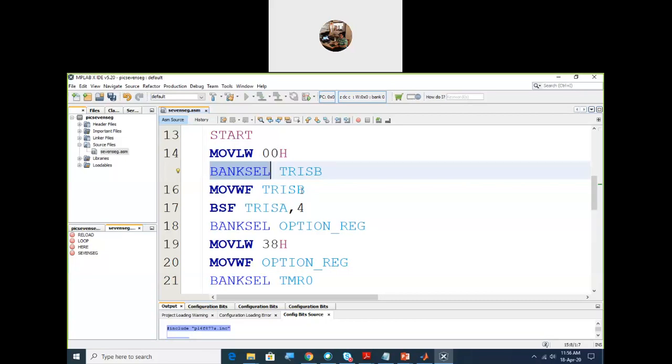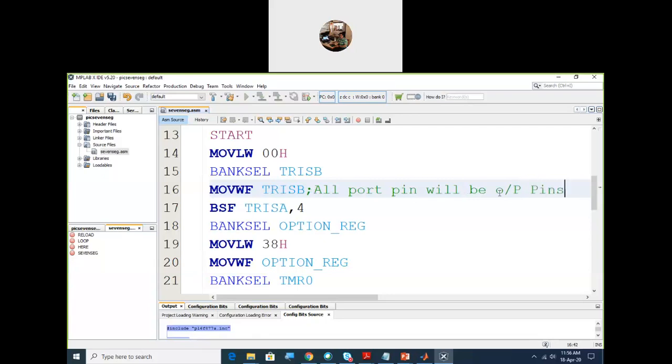When you make these TRISB bits 0, it indicates that all port pins will be output pins, right? Because if you make TRIS bits as 0, the pin will be configured as output. If I make it 1, then that pin will be configured as input, right?